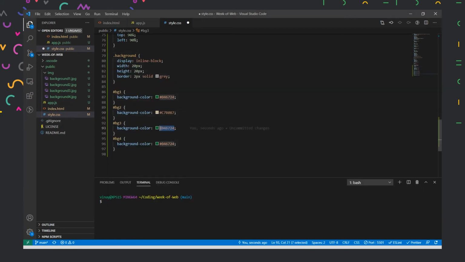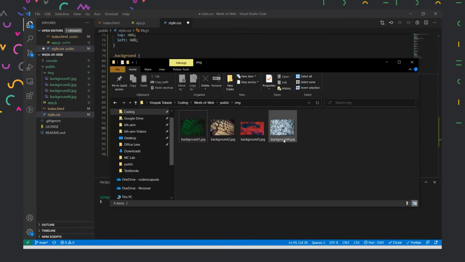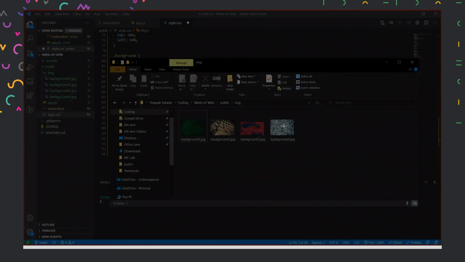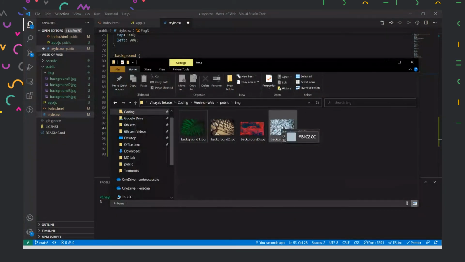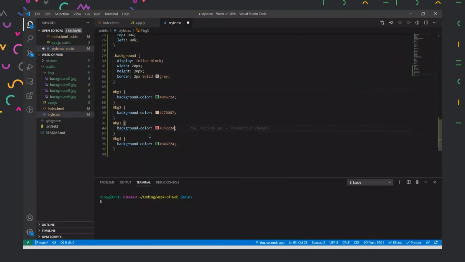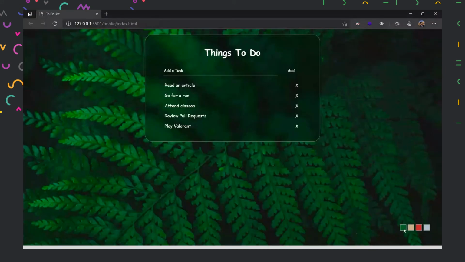And we'll add the red color here. Similarly, we'll add this white color over here. And now if we head back to our website, we'll see all the colors are over here.